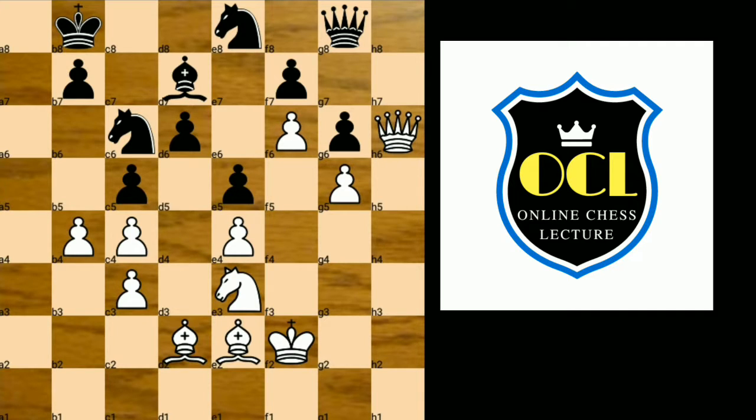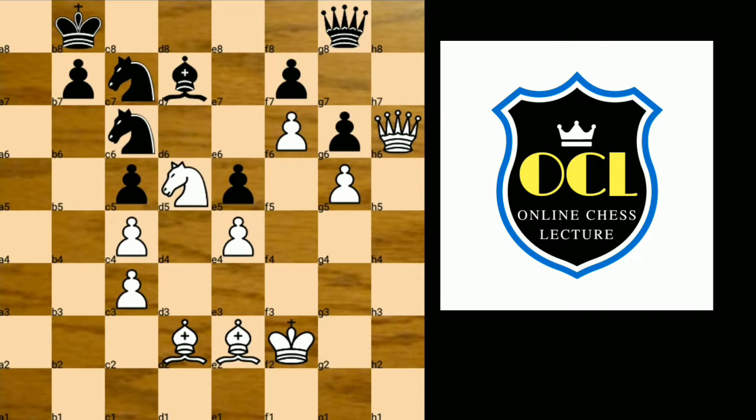Now Carlsen is hoping that he will capture this b4 pawn, but Anand played knight to c7, b takes on c5, d takes on c5, and now knight d5. Knight e6. Anand did not want to exchange knights, and now bishop to e2,